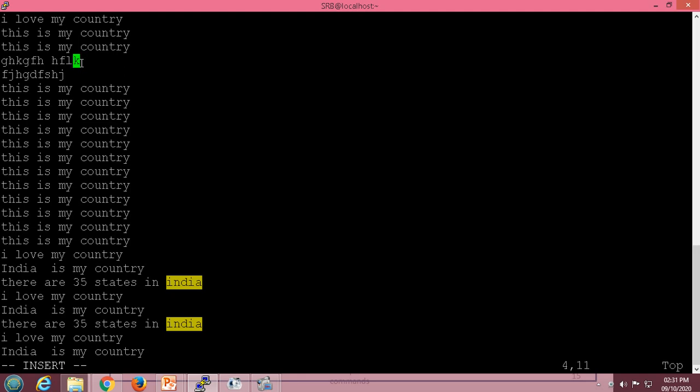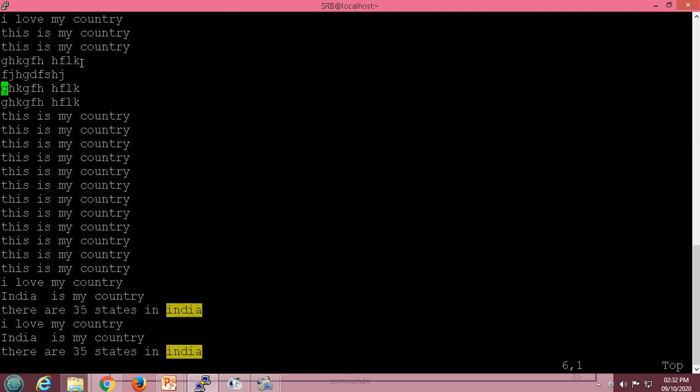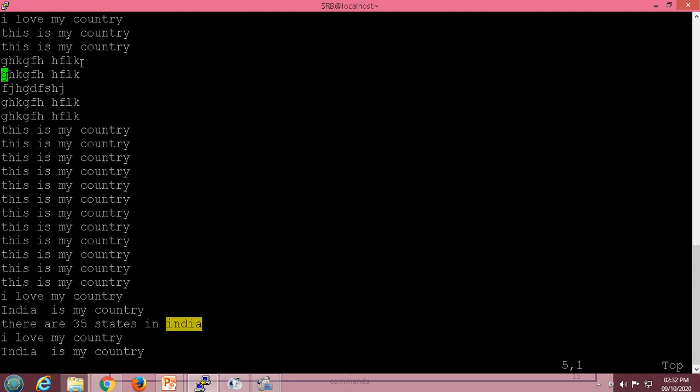So the next command is copying. For copying, you have the command yy. So I will put my cursor at this line and press escape yy. So this line is copied, and now I will move my cursor and just press p, so that the line will be pasted there. Okay, now suppose I press capital P. What will it do? It will paste it there. Now suppose again I put it here, and capital P, what is it doing?